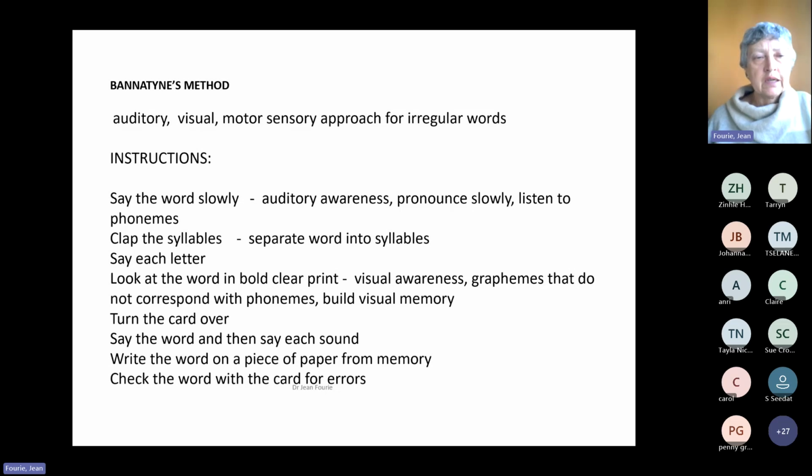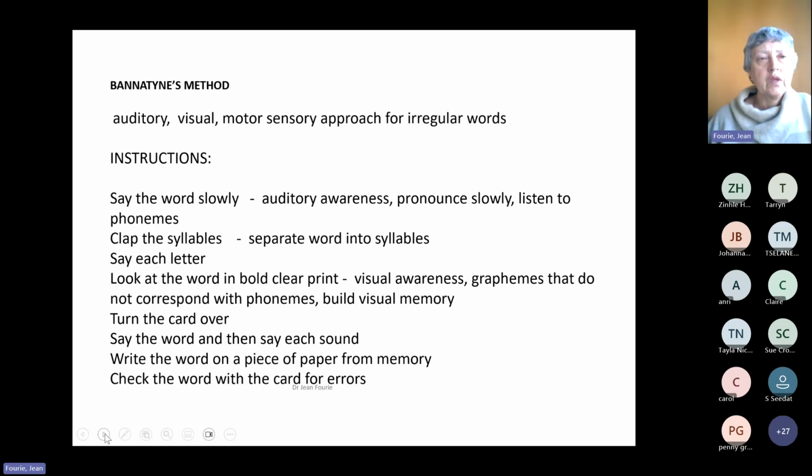Once they've looked at it clearly, said it, pointed to each of the parts in the word, and shown that they've engaged with the flashcards, then the card gets turned over or put away so they can't see it. Then they need to say the word, say the sounds, and write it down. And we know that the action of writing numerous times matters: there is research that shows that when your hands are physically writing a word with a pen or a pencil, those neural pathways are being established in the brain in order for those words to be very